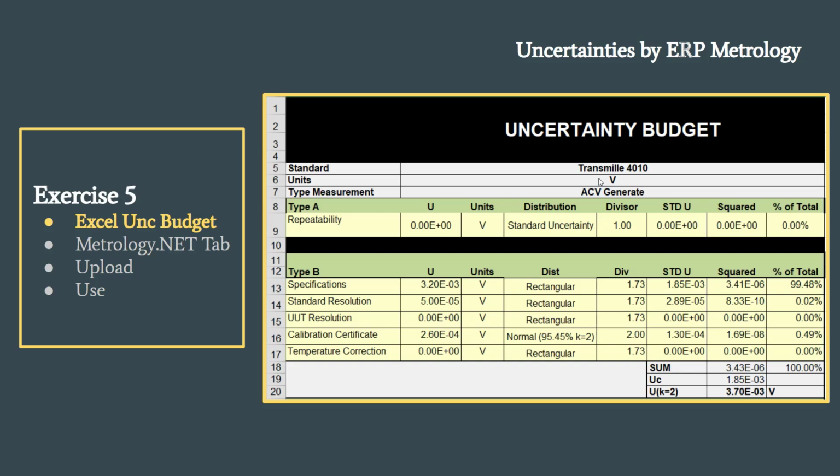Then moving right along, we did this training around a Transmill 410, the Transmill 410 being the new calibrator that was coming out. We had a company out there, ERP Technologies. They went out and created these measurement uncertainty budgets based on the model. So this right here probably looks very familiar to people. This is something you're typically going to hand the auditor when he comes in and looks at your